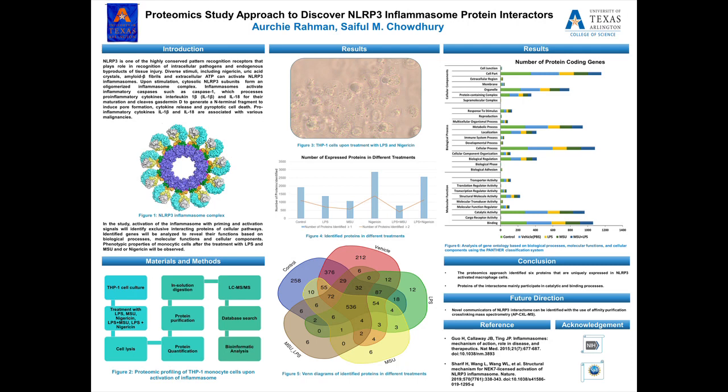So the research is discussing the pattern recognition receptor NLRP3. NLRP3s are cytosolic receptors which sense dangers to the cell. Whenever there is some cellular damage happening to the cells due to maybe some metabolic disorders or some nervous system disorders, or if there is some inflammation caused by some microbes to the cells, there is overexpression of this cytosolic receptor NLRP3. NLRP3 proteins are then getting together with adaptor protein ASC and with the procaspase 1